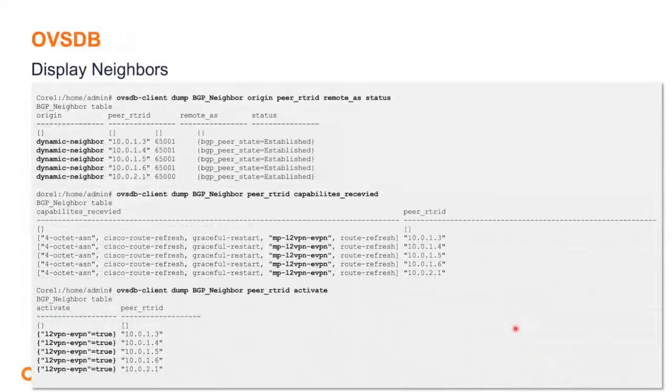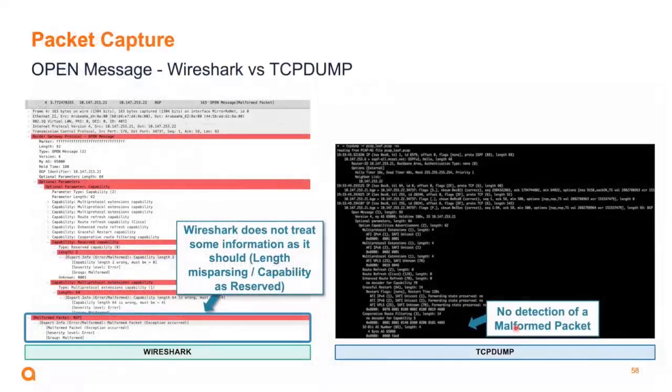Here you can find some commands which could be used to check for dynamic BGP peering directly in the OVSDB. And finally, one thing which has to be noticed is that when using Wireshark to take a packet capture to monitor or troubleshoot your BGP sessions or your incoming connections at the different BGP exchanges between your peers, and reading this capture with Wireshark, it appears that your open packet could be